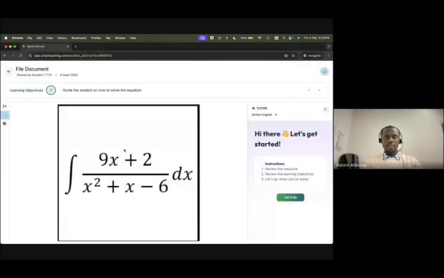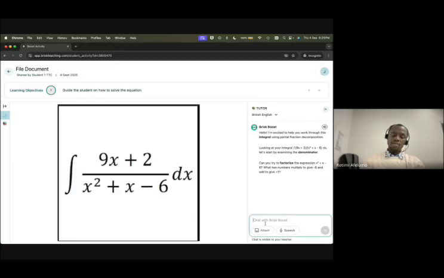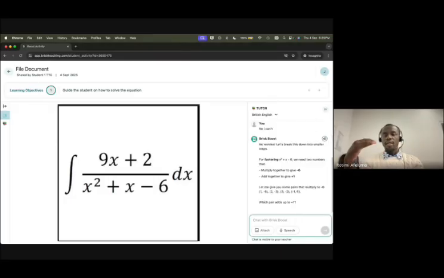So where is this? This is John Doe. Well, hello, I'm excited to help you walk through this integral. Looking at your integral, let's start by examining the denominator. Can you try to factorize the expression? I will tell you, no, I can't. Because it's supposed to guide me, right? No worries. Let's break this down into smaller